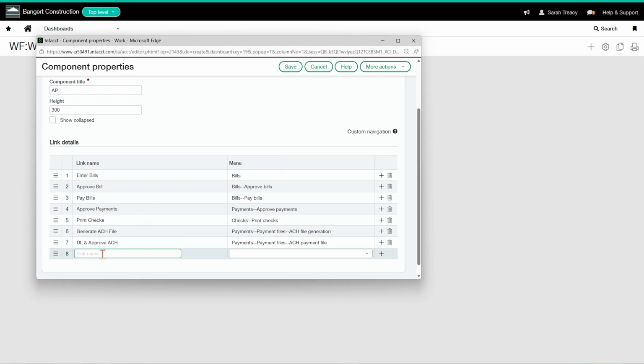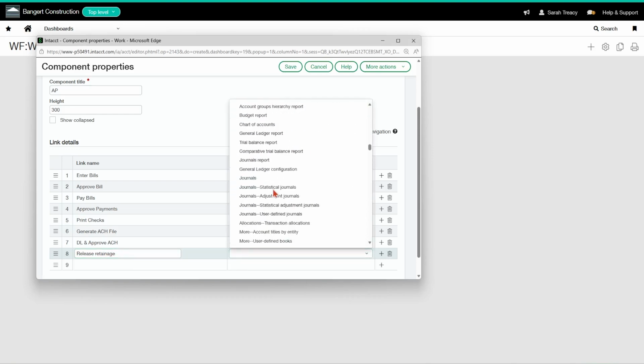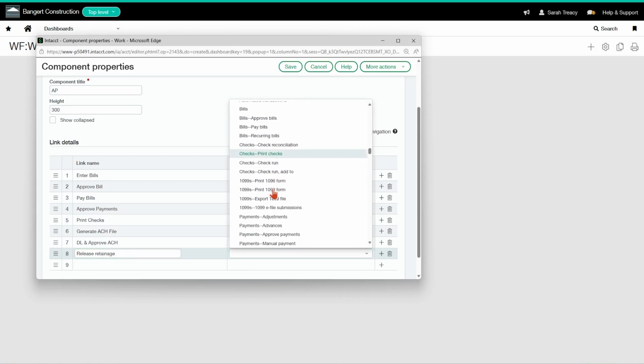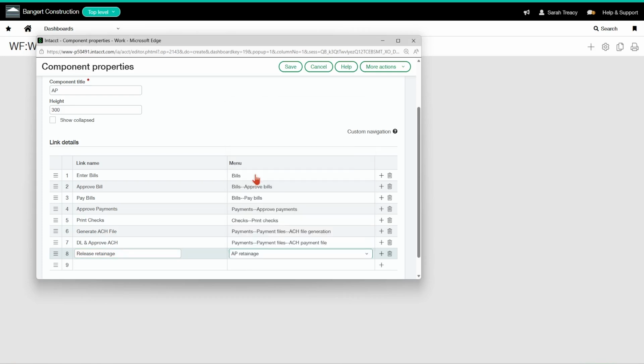So what else would you need to do in accounts payable? You might need to release retainage. So I'm going to type release retainage as my link name here, and I'm going to do AP retainage. Where are you? AP retainage. Okay, and that's where I would go to do that.